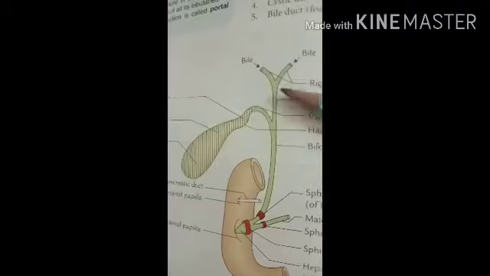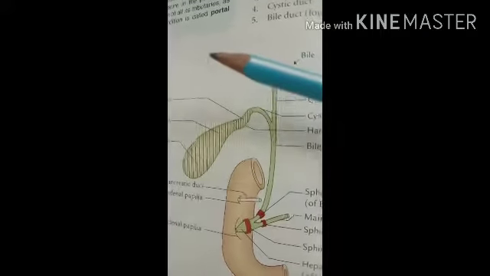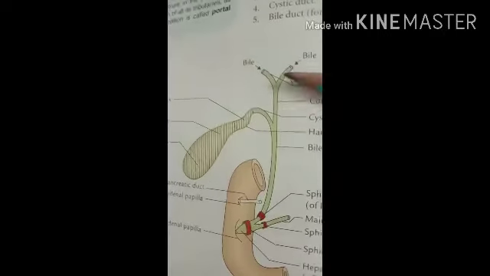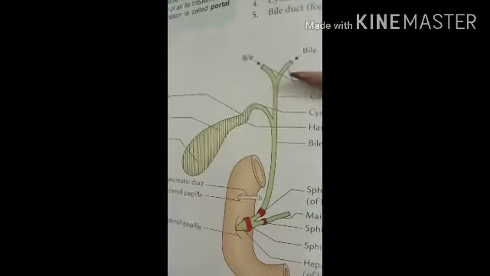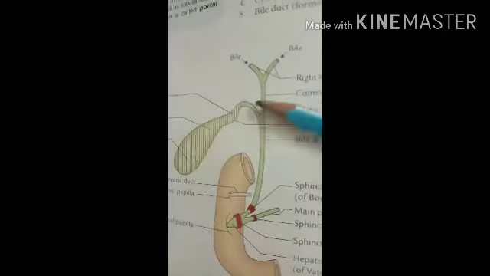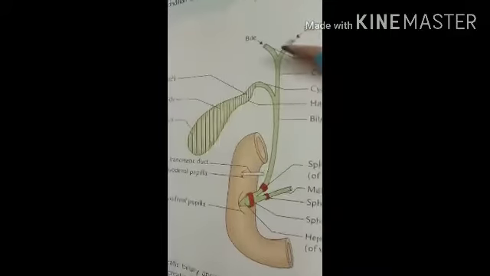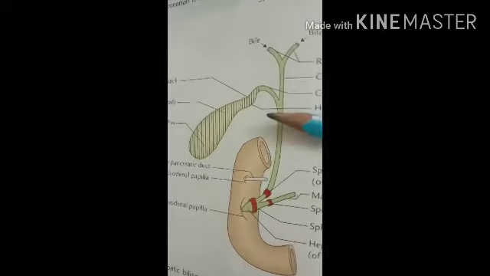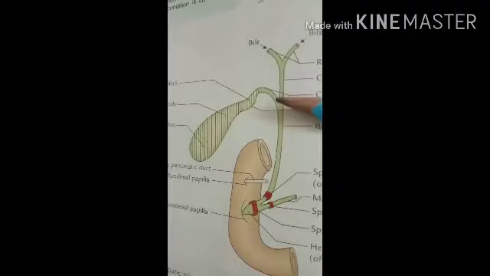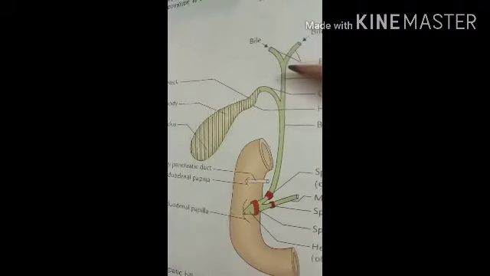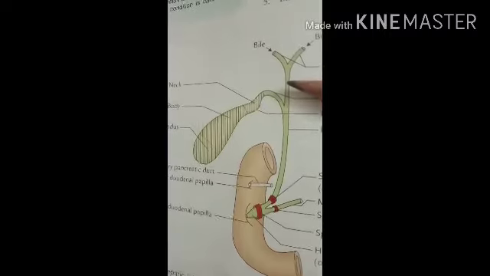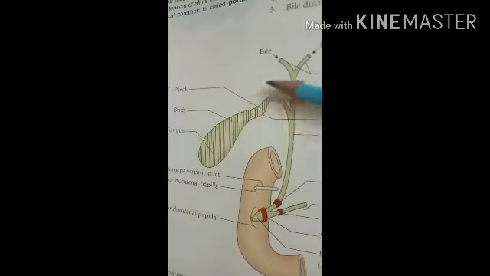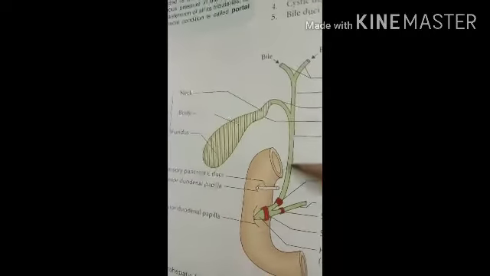These two ducts emerge from the right lobe and the left lobe of the liver, and they come out from the porta hepatis of the liver. Then the common hepatic duct. It is formed by the union of the right and left hepatic duct near the right end of the porta hepatis, and it runs downwards. Here you can see it runs downwards about 3 centimeter, and is joined on the right side by the cystic duct to form the bile duct, this one.